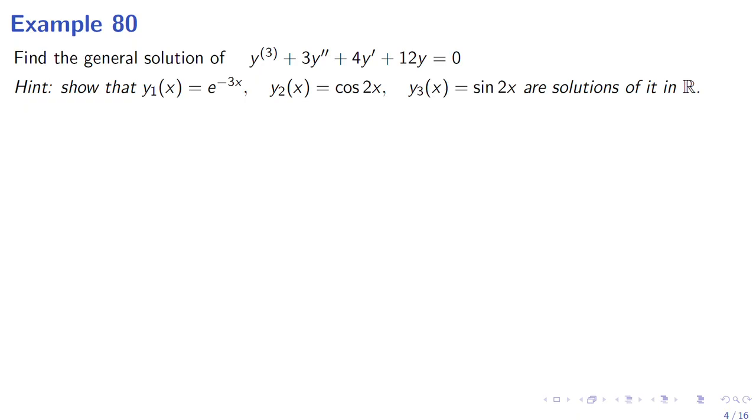Here we have a third order linear equation with constant coefficients, and we want to show that these are solutions of it on the entire R. So we want to find the general solutions. In order to find the general solutions, first of all, let's show that these three functions are solutions of it. So if y1 is e to the minus 3x,